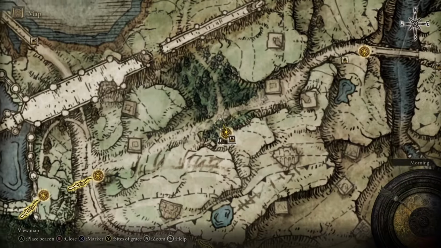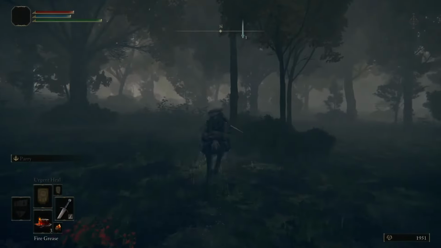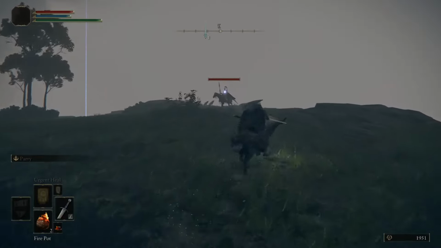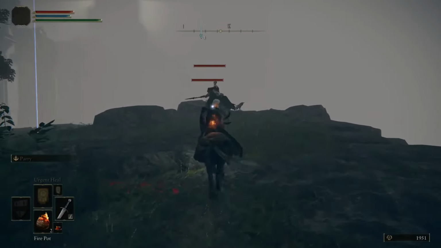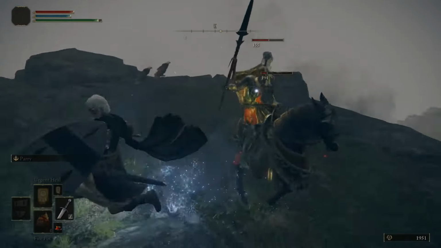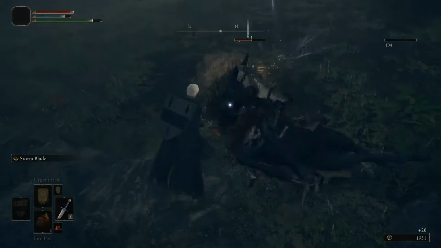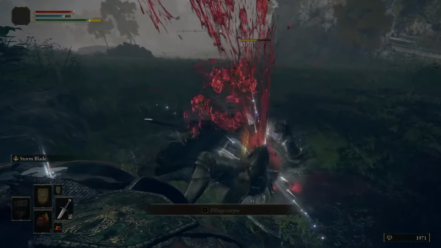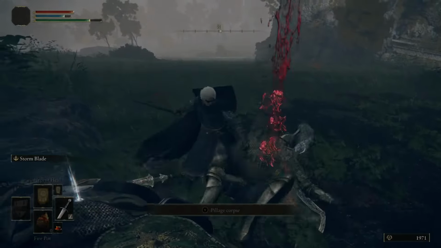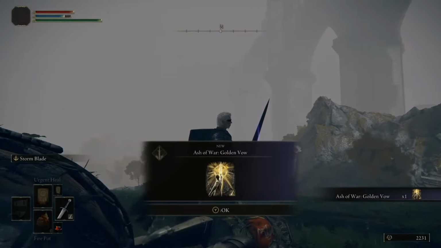While we're on the topic of Ashes of War and Graverobbing, there's an enemy you can kill which drops one of the most useful Ashes of War in the entire game. Head to the end of this plateau, which you find to the northeast of the War Master's shack, and you'll encounter this knight riding around on a horse. You can easily kill the horse using things like fire pots and Stormblade, and once the horse is dead, the knight will fall on the ground and become vulnerable to a crit. So once you do that, he'll probably die, and on his corpse you can grab the Ash of War version